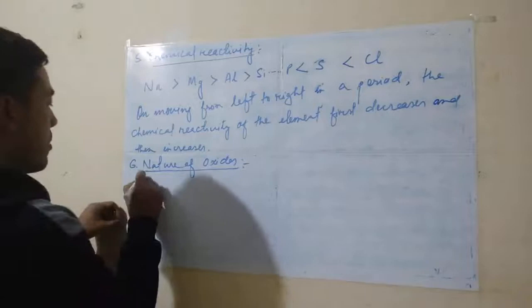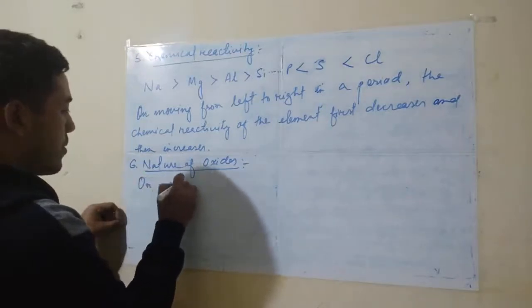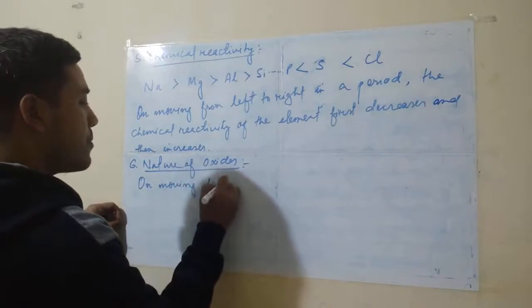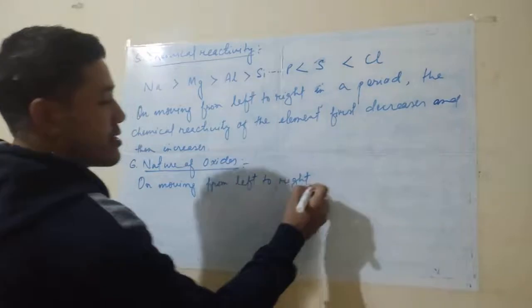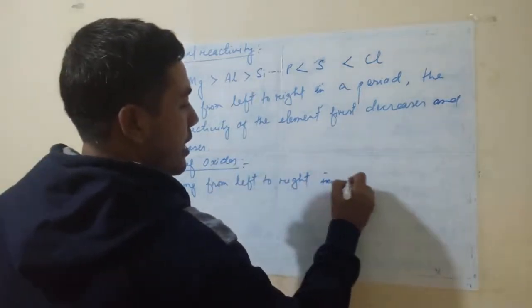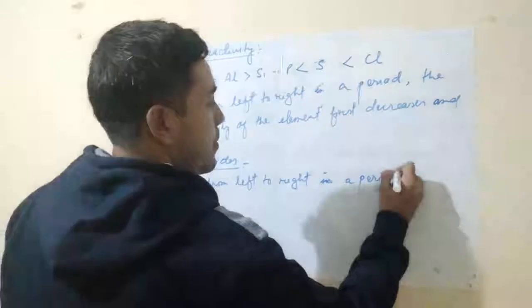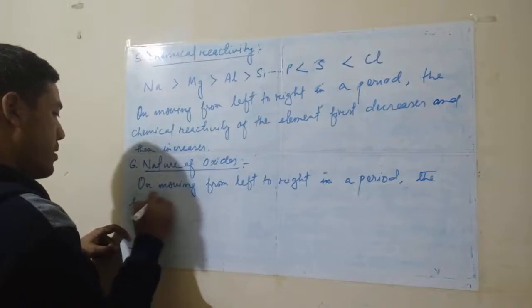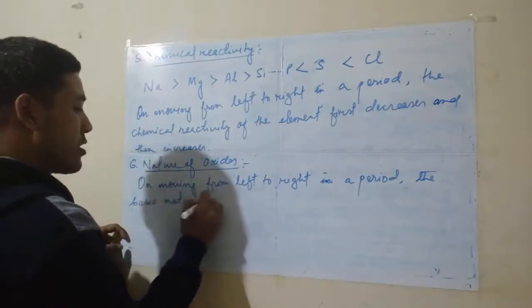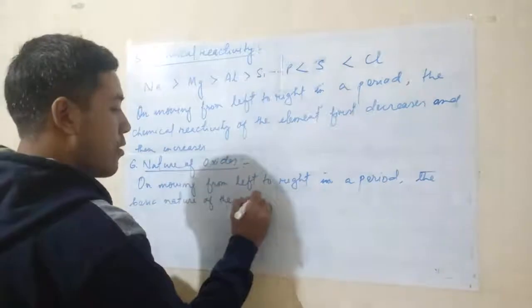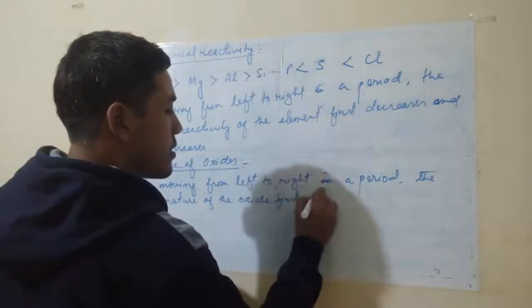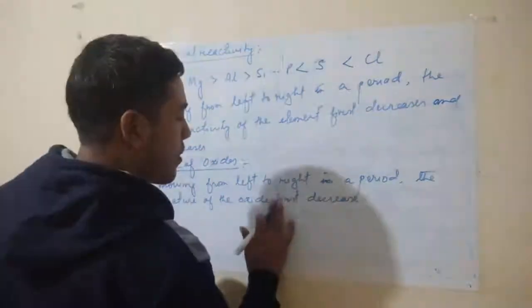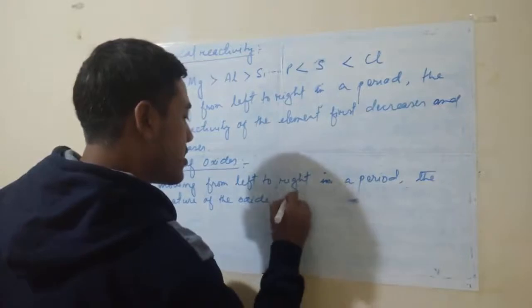Now look here, on moving from left to right in a period, the basic nature of the oxide first decreases,